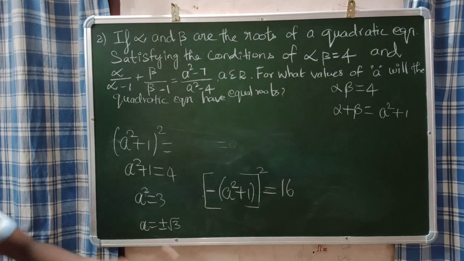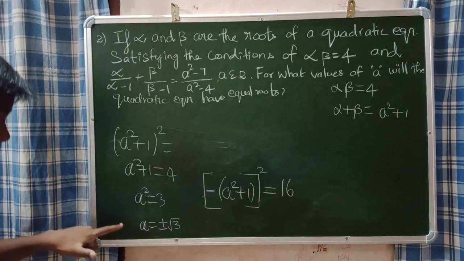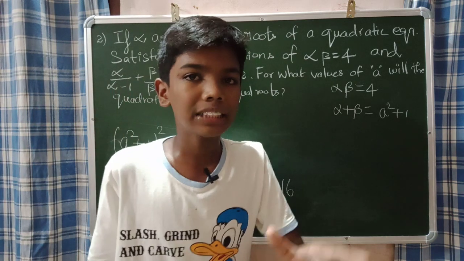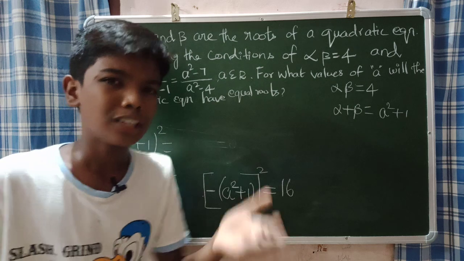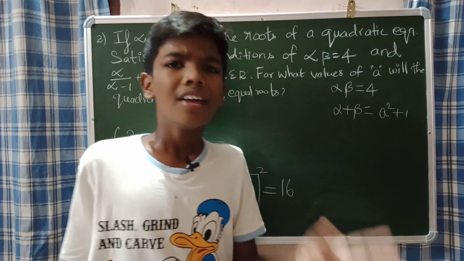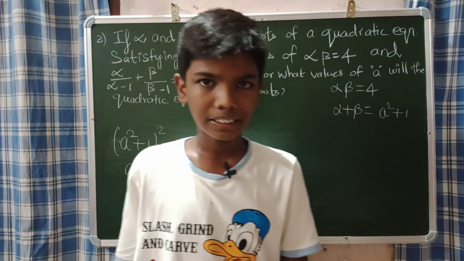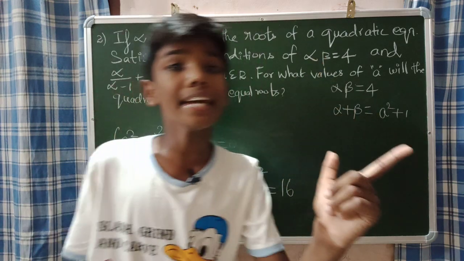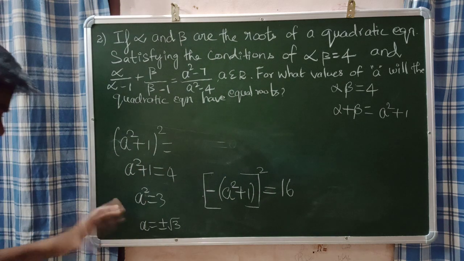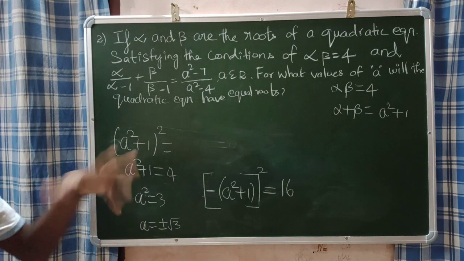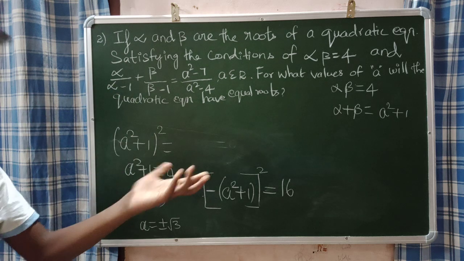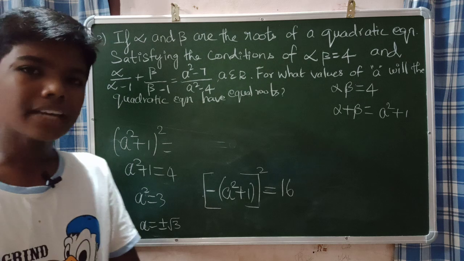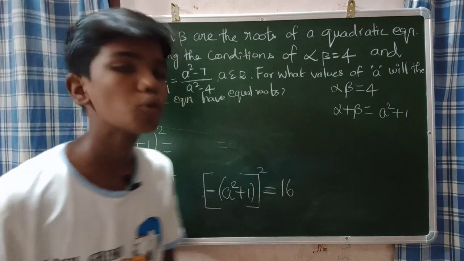That means we are having two values for this answer, guys. Either a will be plus root 3 or minus root 3, which is plus or minus root 3. Guys, we know that this is an advanced question. So as it is an advanced question, we are having multi-correct answers, which is two correct answers. In the question, the two correct answers are plus root 3 and minus root 3, but we get it as plus or minus root 3. Both are same only. When you are in the exam, you should write it as plus root 3 and minus root 3. That's all, guys. So the answer is plus or minus root 3. This is all about this question. We can move on to our next question.